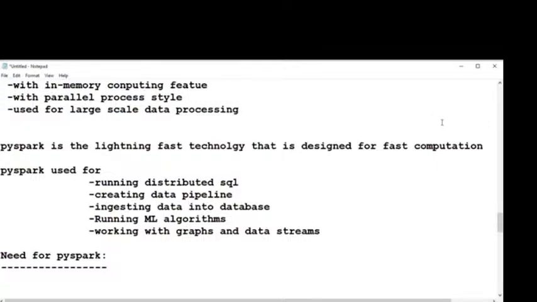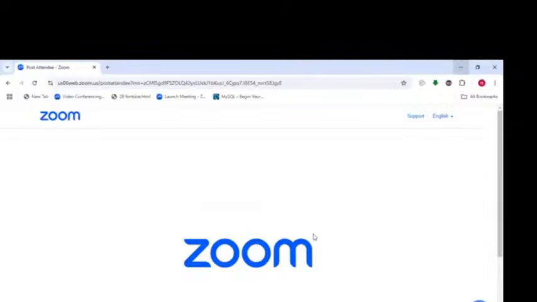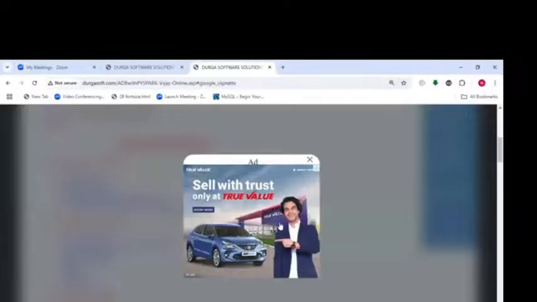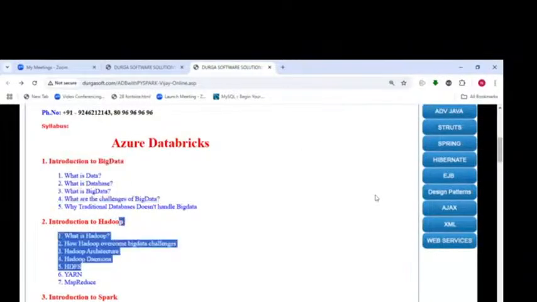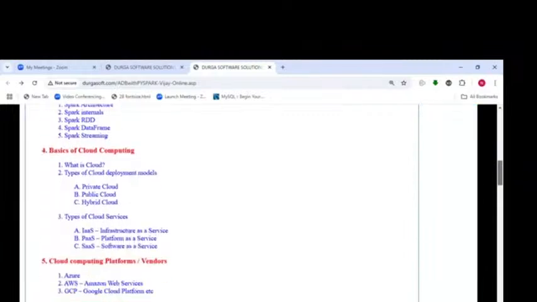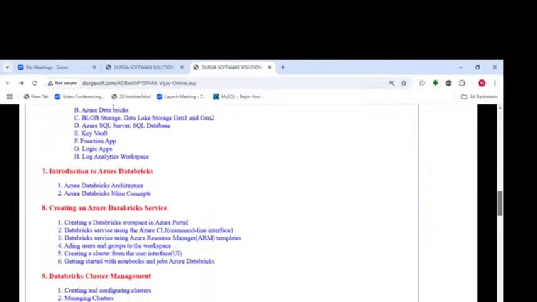Before this, I'll be just briefing an overview about big data, Hadoop and Spark. Yes, just check this course content. Azure Databricks: introduction to big data, introduction to Hadoop, introduction to Spark. Before I go with the introductions to Azure and